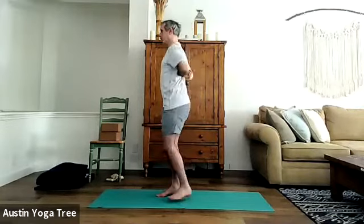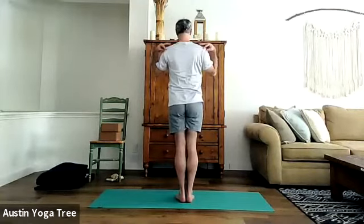Lift through the side ribs and extend through your arms. Shoulders down. Broaden from the center of the sternum over towards the outer elbows. Broaden from between the shoulder blades out through to the back of the shoulders. Did I say outer elbows? Outer shoulders. So from the chest to the outer shoulders, from the center of the back, or center of the top back, to the outer shoulders,